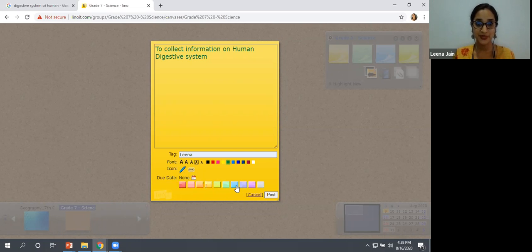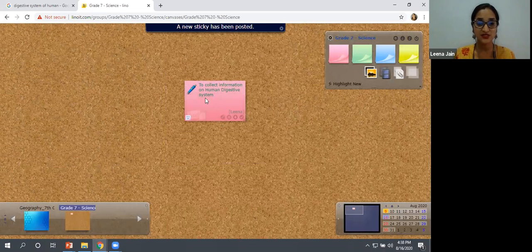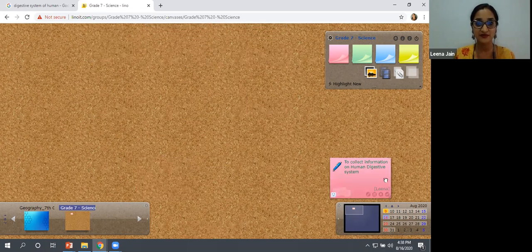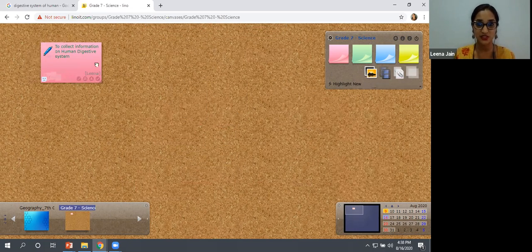You can come back and select a color for your sticky note from here if you're not happy with the default sticky note color. Okay, and you can simply post it. So this is how your sticky note is going to look. You can move the sticky note anywhere on the entire canvas. That's okay. I'm going to place it here. Now, this was all about sticky notes. Similarly, this applies for other sticky notes as well.